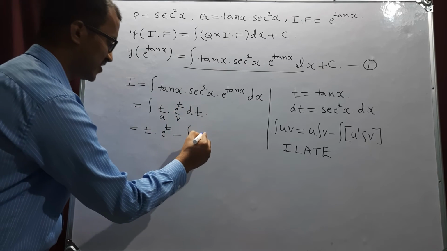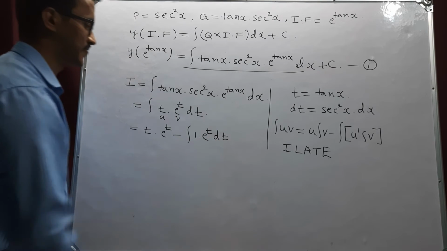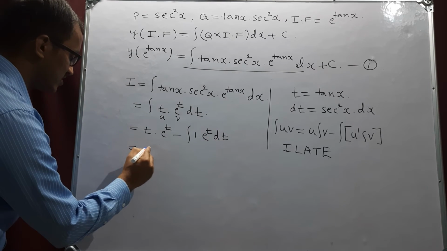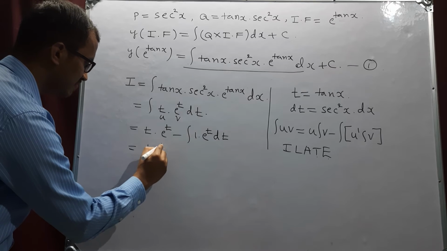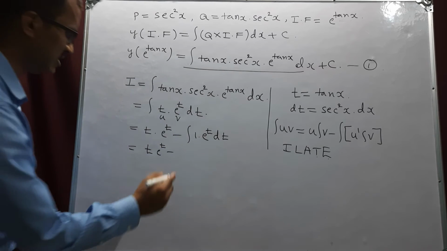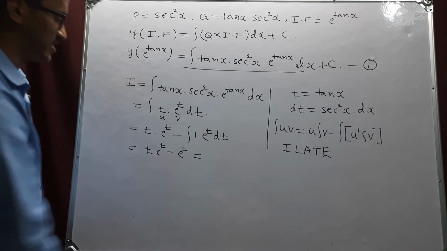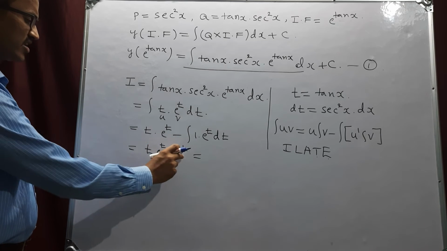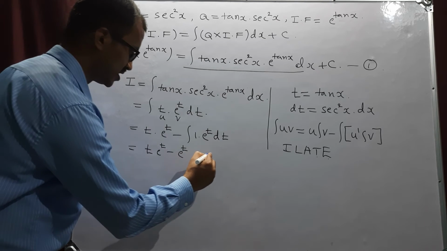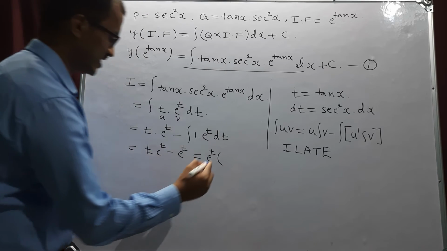Integration of e power t is again e power t, into dt. That is equal to t into e power t minus again integration of e power t, which becomes e power t. So that is equal to, we can take e power t as common, e power t into remaining, t